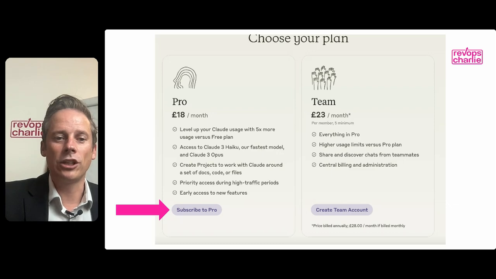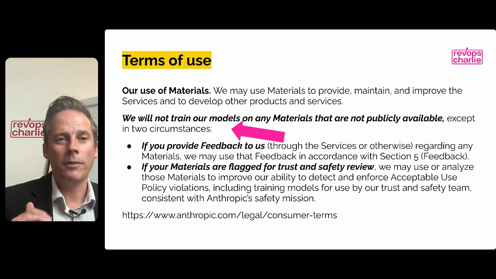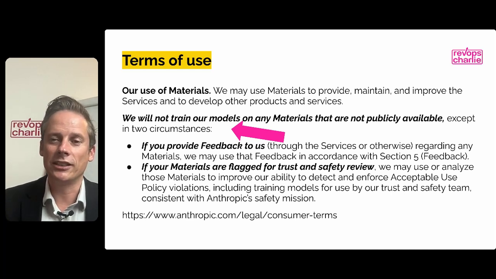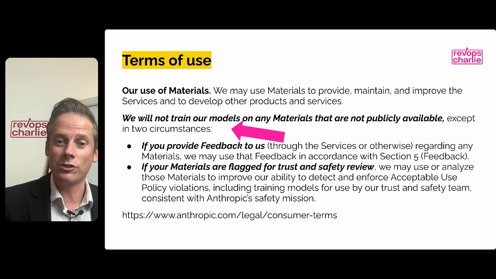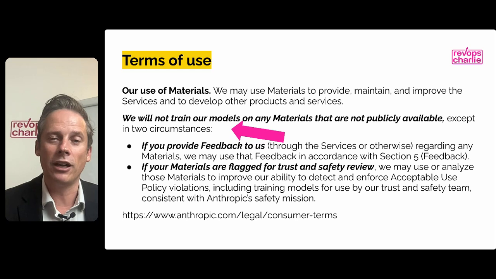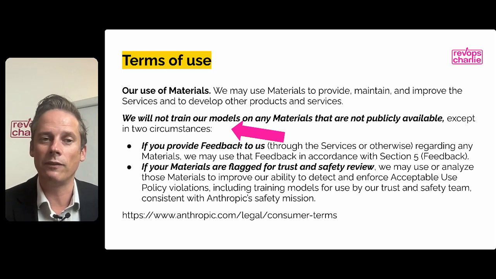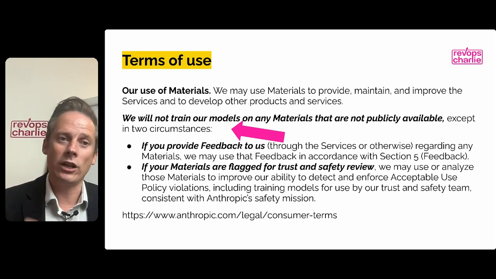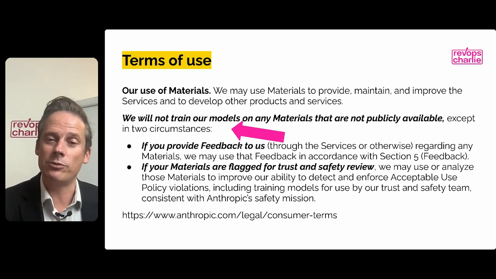So subscribe to Pro, fill in your card details. Now, I mentioned the terms and conditions here. It's up to you, as always, to go and read through any terms and conditions and make sure that you're comfortable with it. But one of the main questions that I'm sure you'll have as we go through this